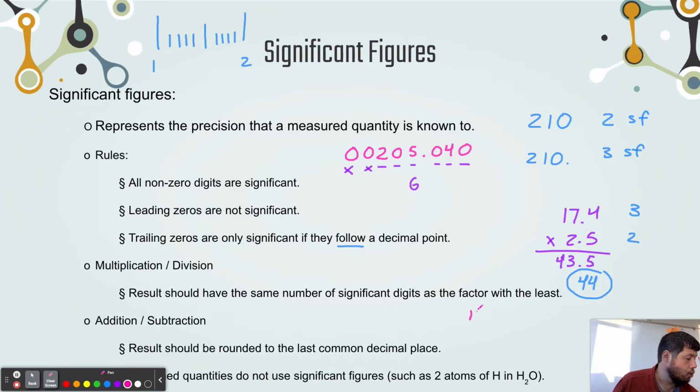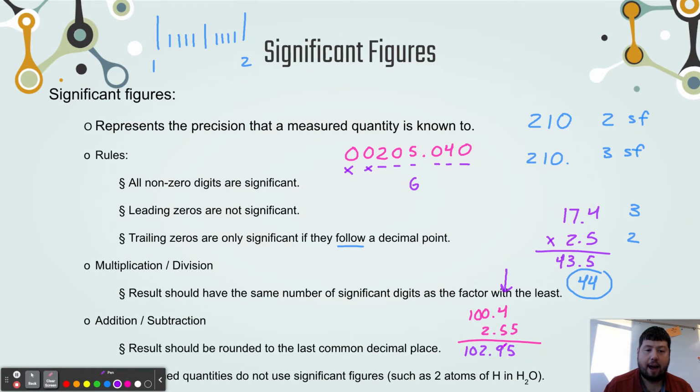So if you take 100.4 and add it to 2.55, I can see I've lined everything up here. The last common place, the place that they both have, is the tenths place here. And so you can do your addition and subtraction like normal. I get